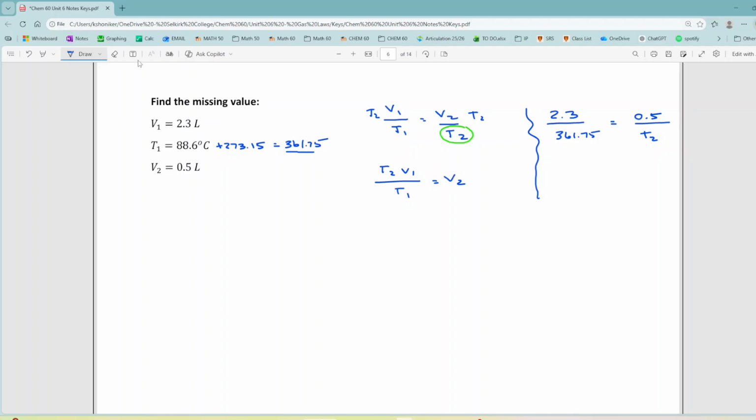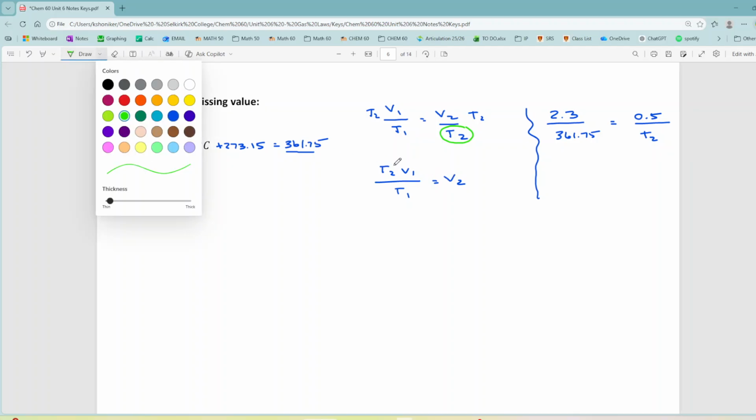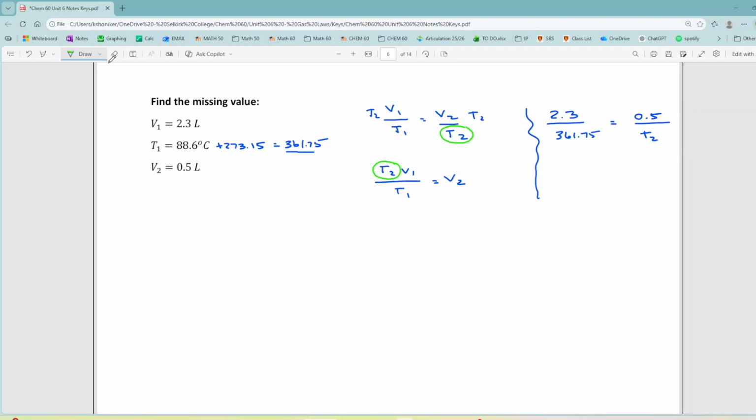But now we want to solve for the T2. So we're going to multiply by the T1. So we end up with T2 is equal to, we're going to multiply by the T1, and then we're going to divide by the V1. So T2 is equal to V2, T1 over V1. So in my calculator, I'm going to be plugging in 0.5 times 361.75 divided by the V1 of 2.3,